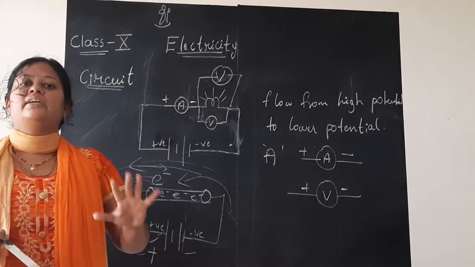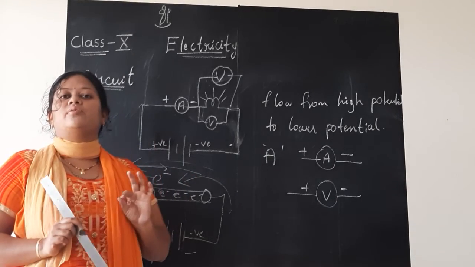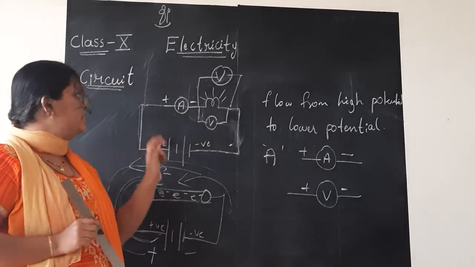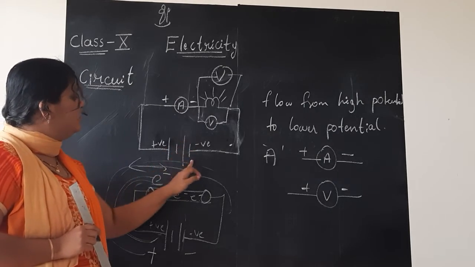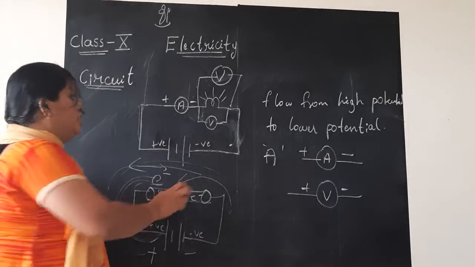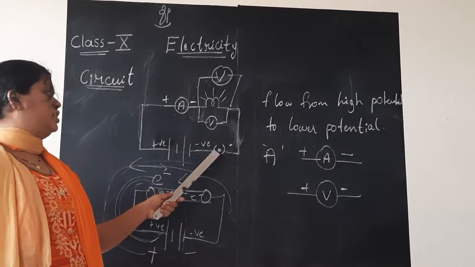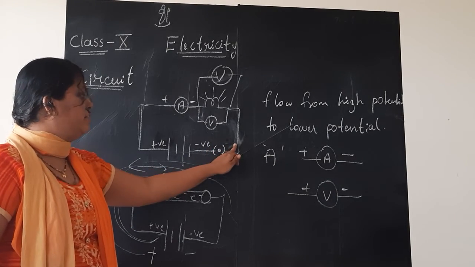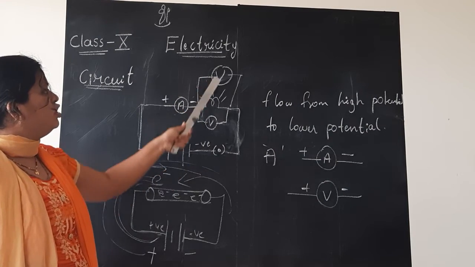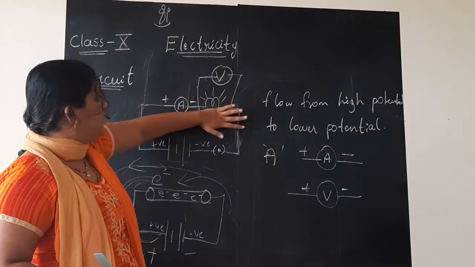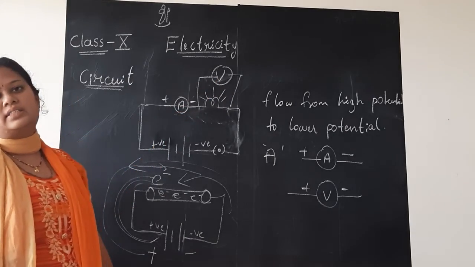So this is the basic circuit, children. If we ask you to write the basic circuit diagram of an electric circuit, what you should write is the conducting wire with the battery, positive, negative. Positive and negative terminals should be mentioned. Switch, we discussed already. Switch or the key, what they call in your textbook. So the switch or key should be connected, no polarity for this. Next, one bulb, ammeter in series and voltmeter in parallel. Either this way or this way. Any one way you mention the voltmeter. Voltmeter in parallel, ammeter in series.